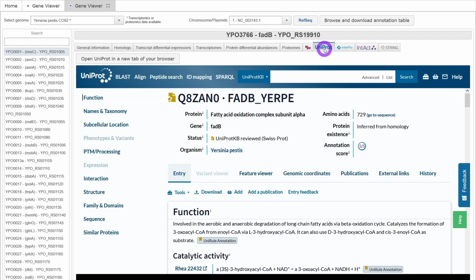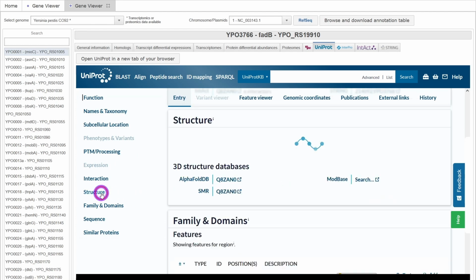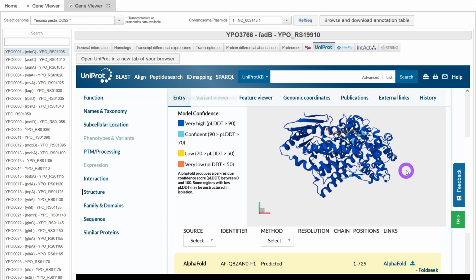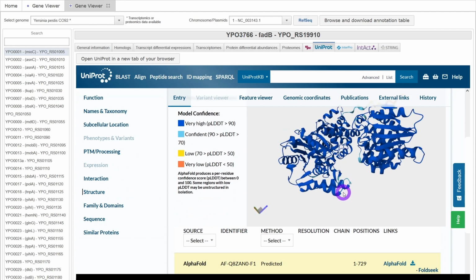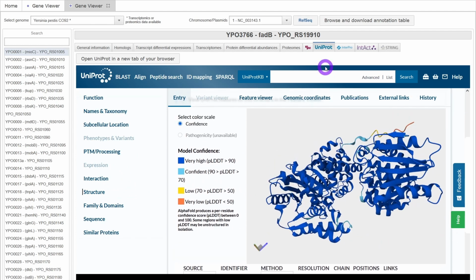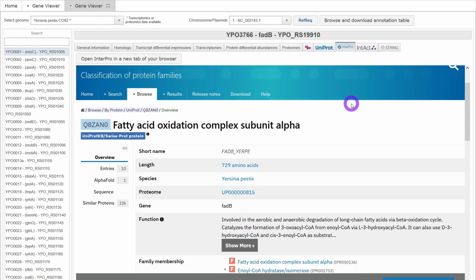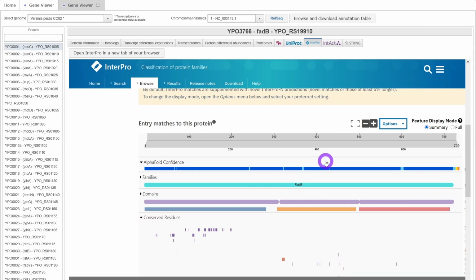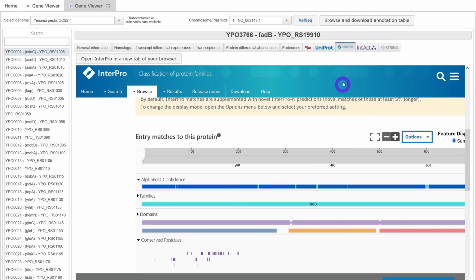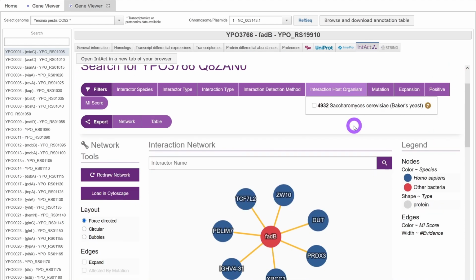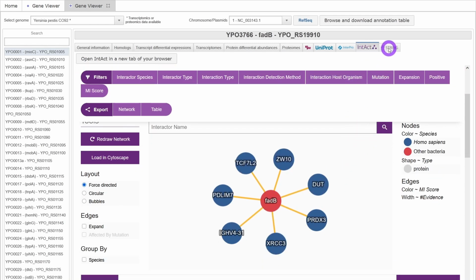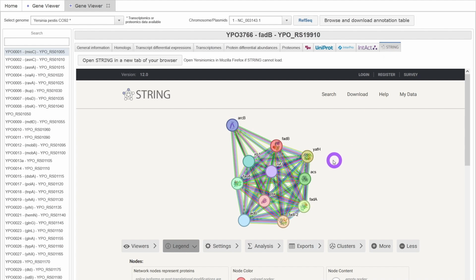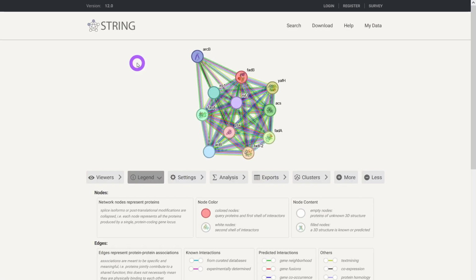UniProt annotation can be browsed with quick access to GO terms, bibliography, chemical reactions, or structural information such as PDB or AlphaFold prediction. The InterPro website allows to browse annotated protein domains gathered from various databases, and to find homologous domains in other species. IntAct shows experimentally validated interactome data. The STRING database is also available. Each database can be opened in a new tab of your web browser.